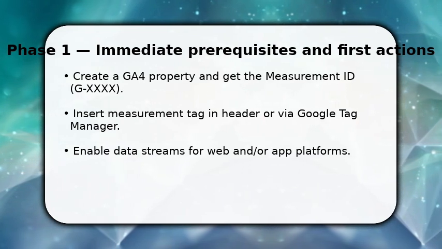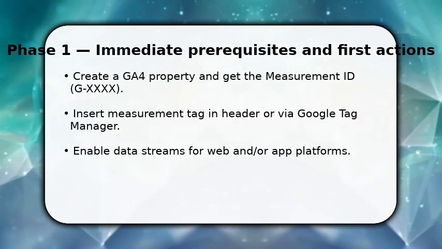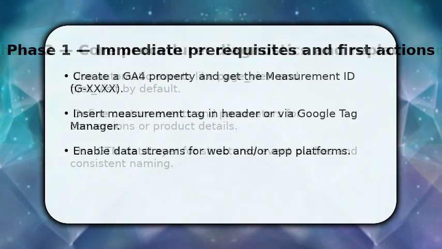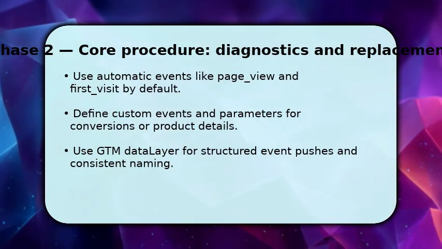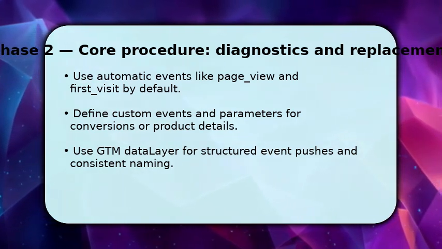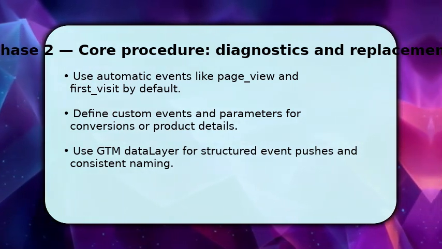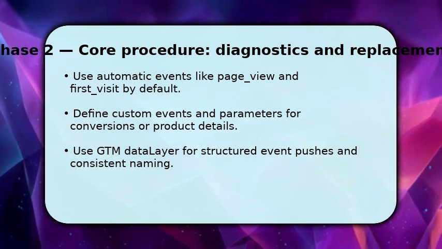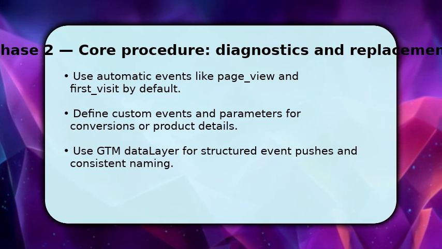Once basic tracking is active, configure the events that matter because raw page views don't answer all questions. You can rely on automatic events for basic behavior, then map custom events like add to cart or form submit, so you capture intent. Pass descriptive parameters with each event, for example product ID, value, or category, to enable precise